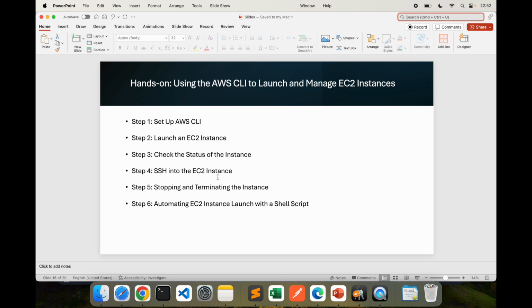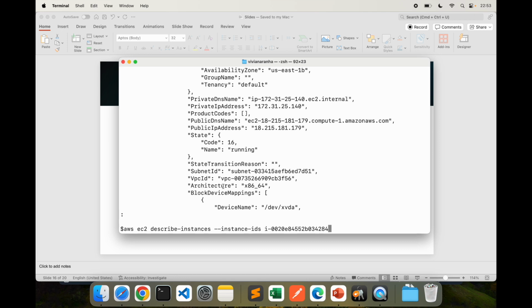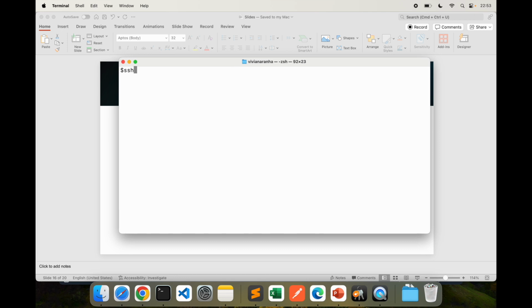Now we have done this before, where we have SSH'd into the EC2 instance. So I'm going to run that same command again. First, let's clear this out, and I'm going to say ssh -i. This was our hands-on in the first chapter. Let me go to desktop if I'm not on desktop, and on that I have my key pair that we just created. I'm going to say my key pair.pem, and I want to say ec2-user, that's my username, at